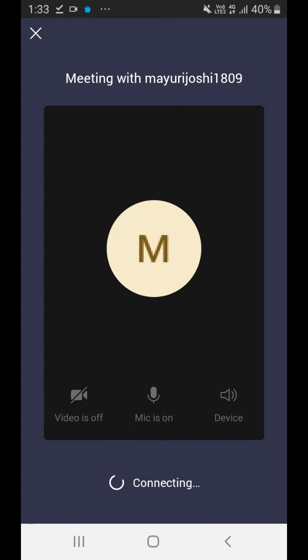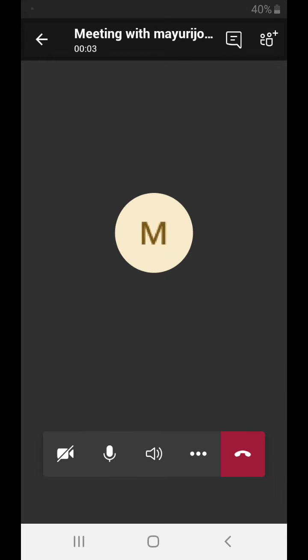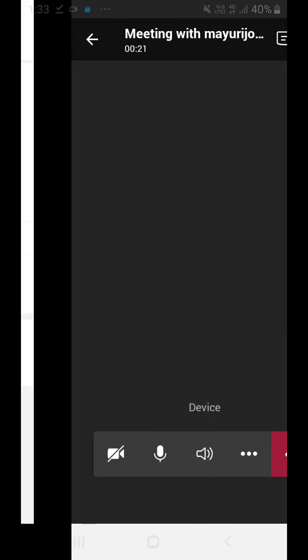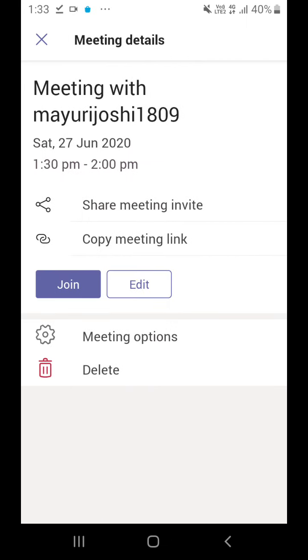Now the students will connect to your meeting and a message will come at the top that the persons are waiting in the lobby. So you have to admit them just as you were doing in Zoom. So it's the same as Zoom, only some features are different, or you can say the features are at different places only. So you have to check that. To close the meeting, you have to click this red button. So you will end the meeting.